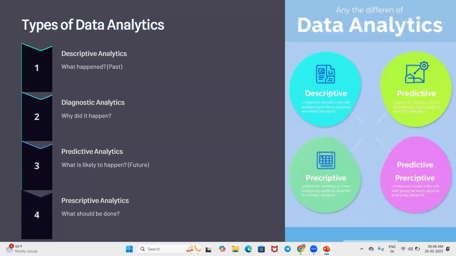Now they want the trends analyzed with that data. So what do you do? You collect the data from the previous resources. How does it help you? To understand the patterns from the old data, so you can fetch the information, right? That is how it helps you to analyze the data. That is descriptive analytics.